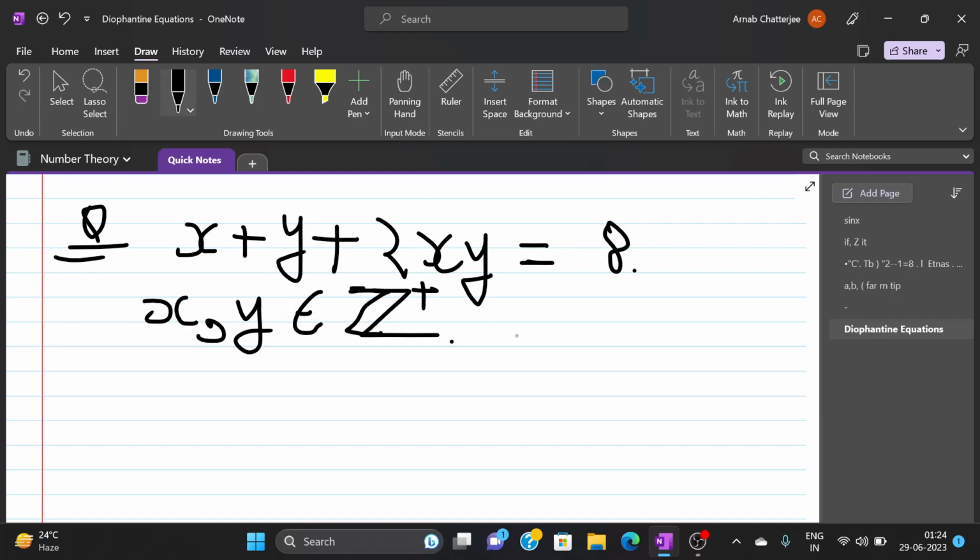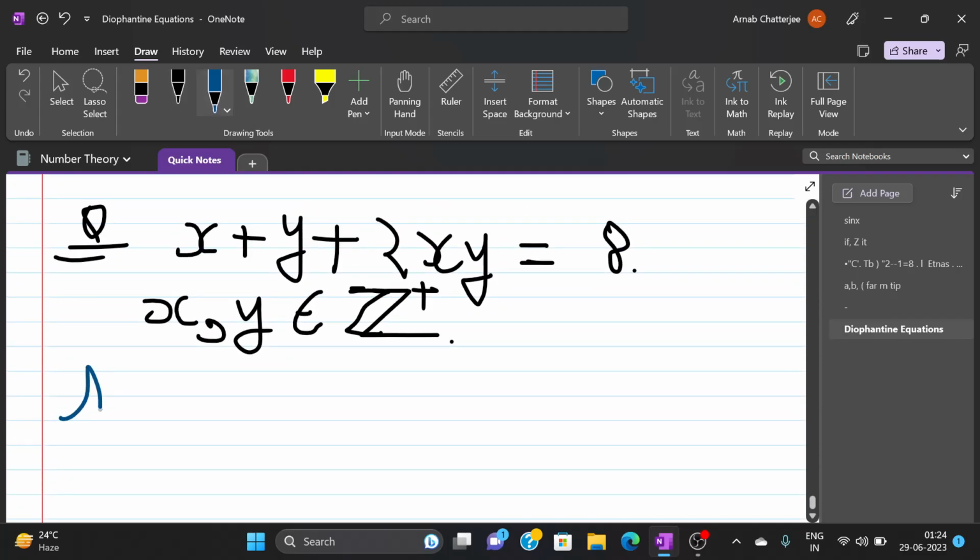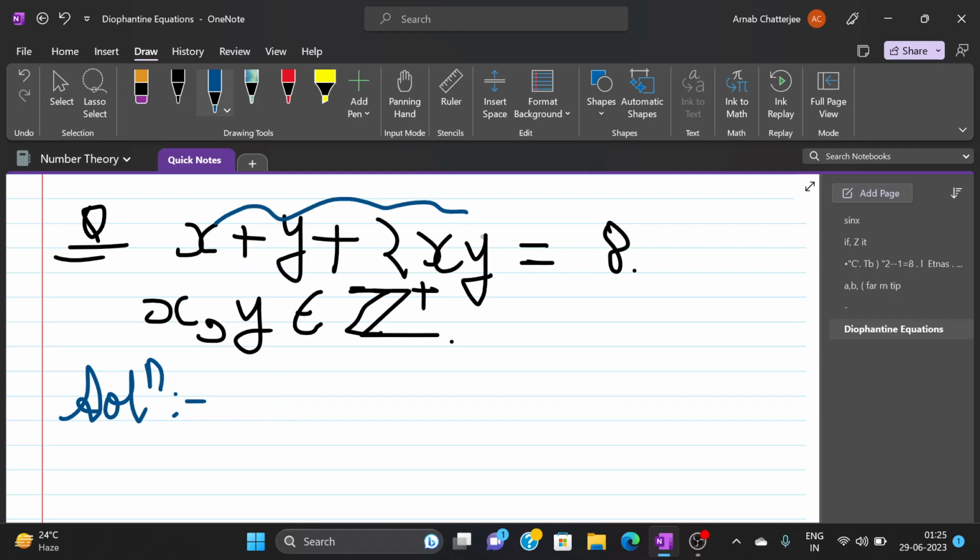So we need to find all x and y. So we start solving this problem. The method is very easy. See, we here have three terms and I want to factorize it. If there are an odd number of terms, it becomes really tough to factorize. So how we will factorize this is,